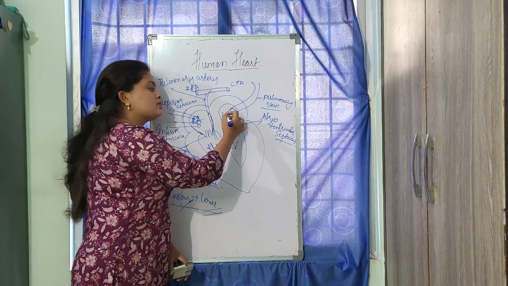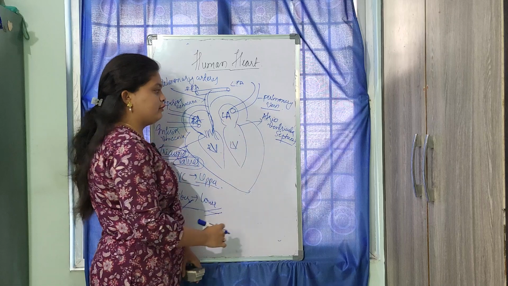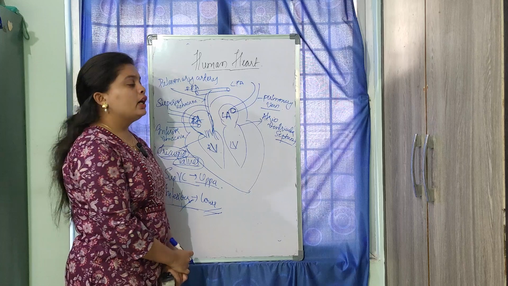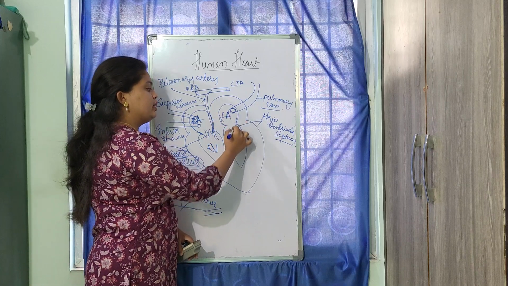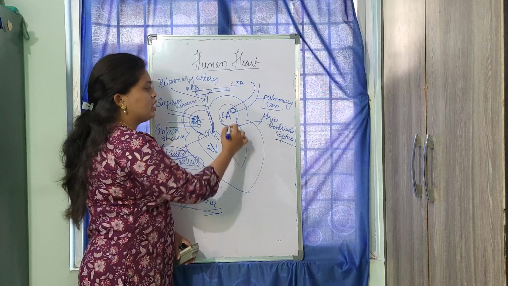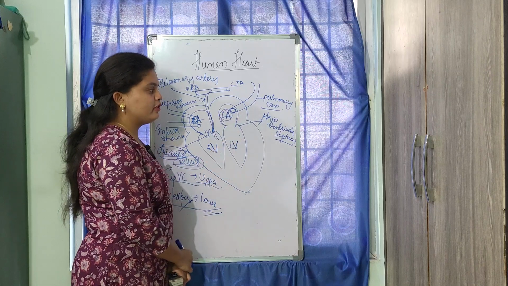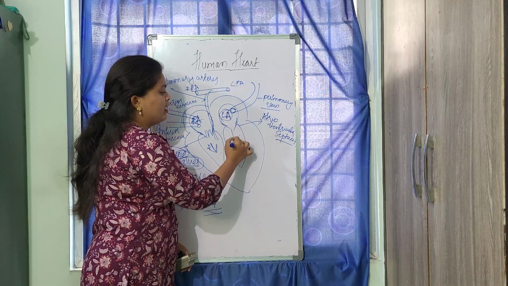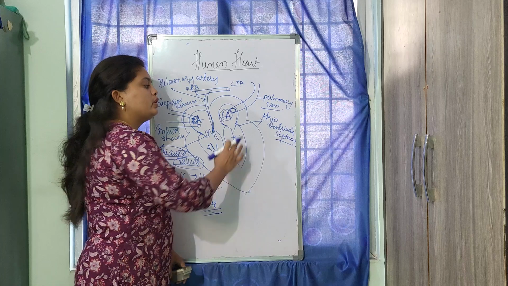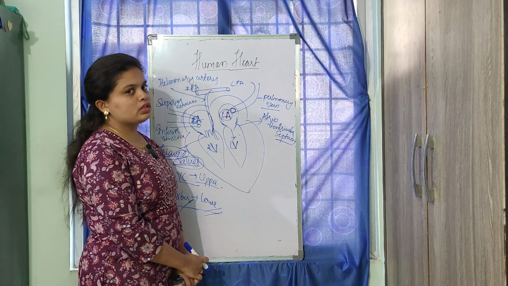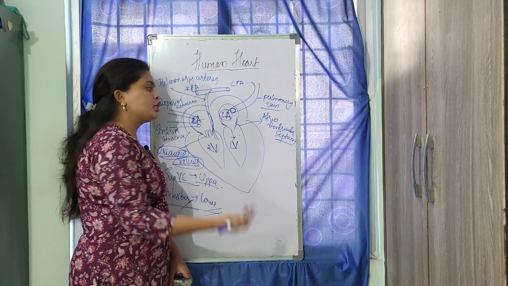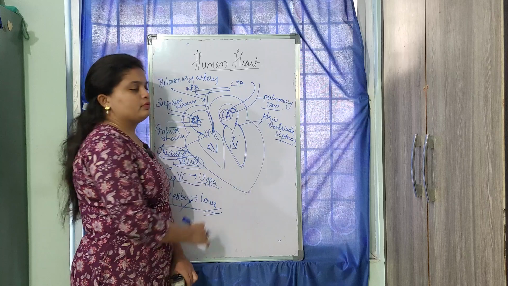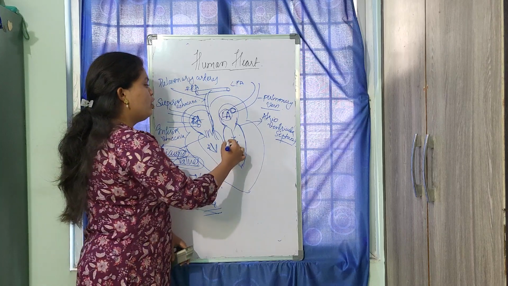That is, it is carrying oxygenated blood from the lungs to the heart. Okay, so when the left atrium receives the oxygenated blood from the lungs, it is going to send it to the left ventricle. As soon as the left atrium is filled with oxygenated blood, it is going to be sent to the left ventricle. And once the left ventricle receives this oxygenated blood, it is going to be sent to all parts of the body. How is it done? It is done via